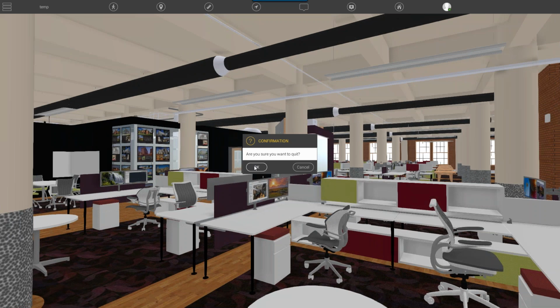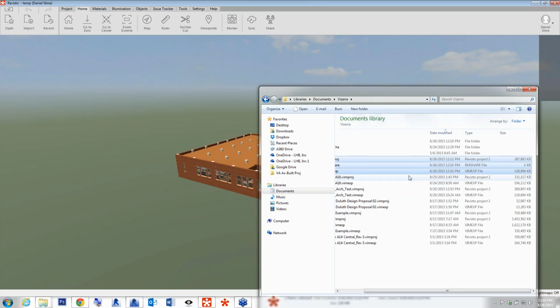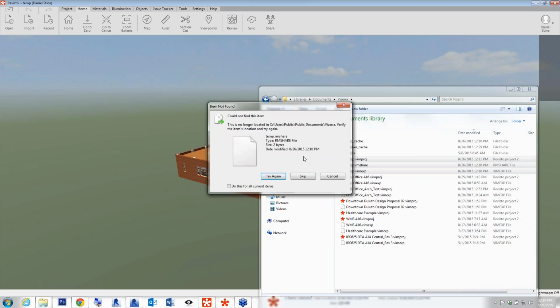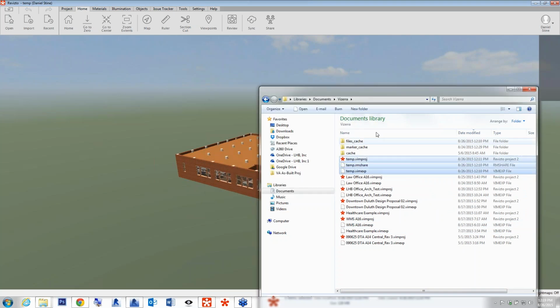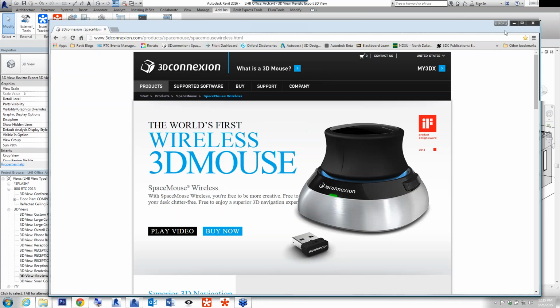So I'm going to go ahead and quit out of the viewer. And so if I wanted to, in this case I do, I could select these temp files that I just created. And you can see they're not too big, pretty easy files to manage and share. So I can delete those, and actually I've got to wait a couple minutes for the rights to free up. Actually I'm in the file here in the editor, so that's probably my main problem.